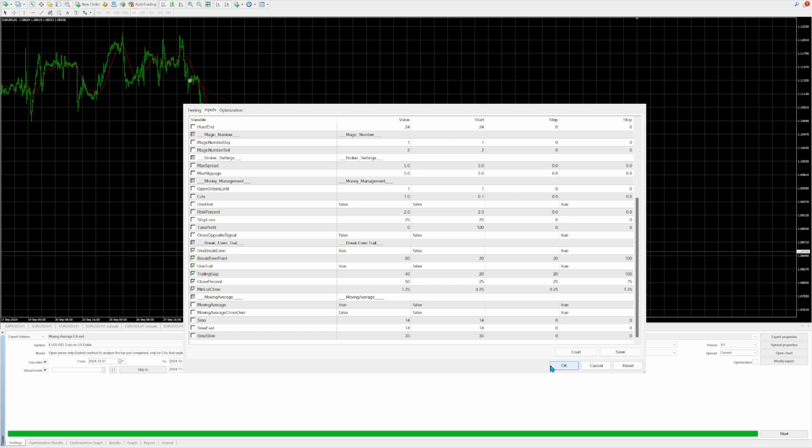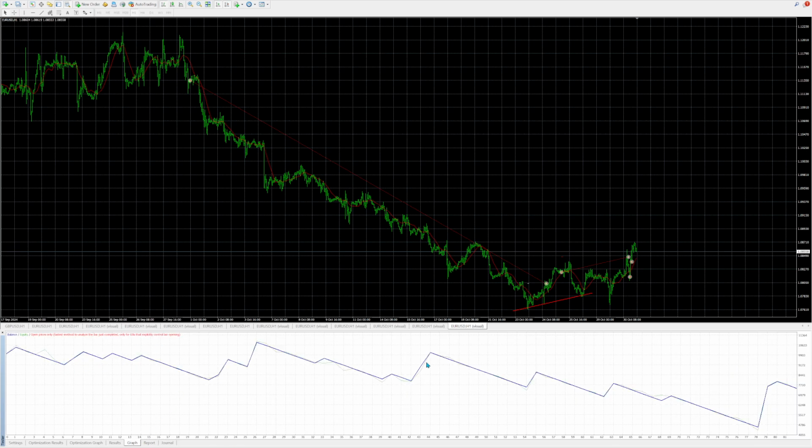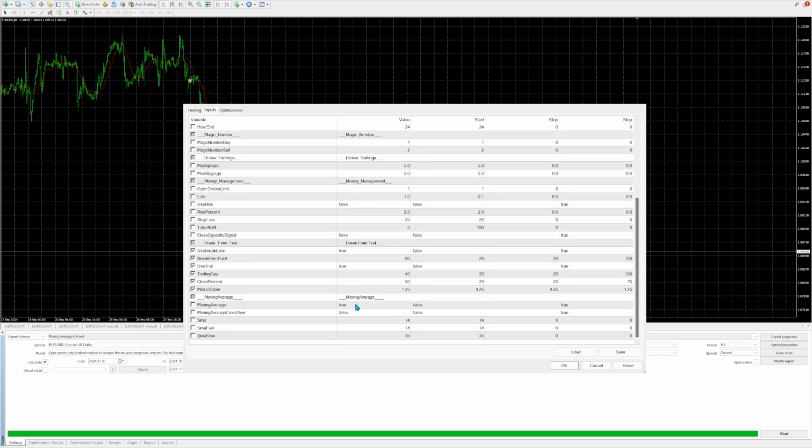Okay, so to illustrate my point, I think I'll just run a test with those exact settings that looked good for the previous month from the start of the year. And there you go. Okay, so where it may have looked good for the previous month, overall they weren't great. So what people tend to do is they'll